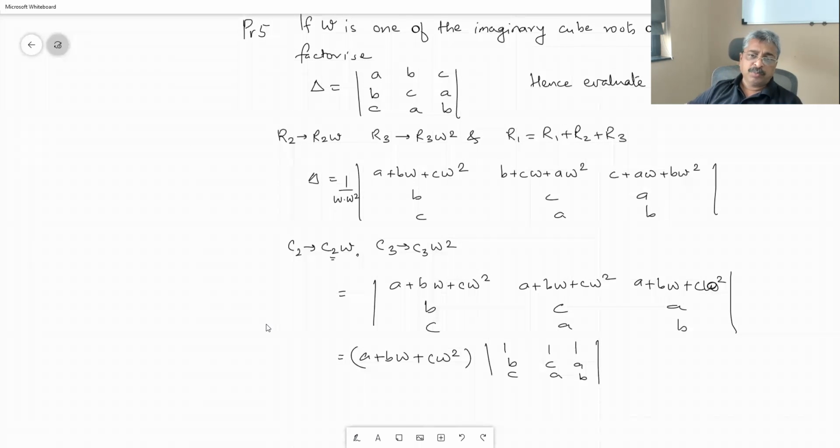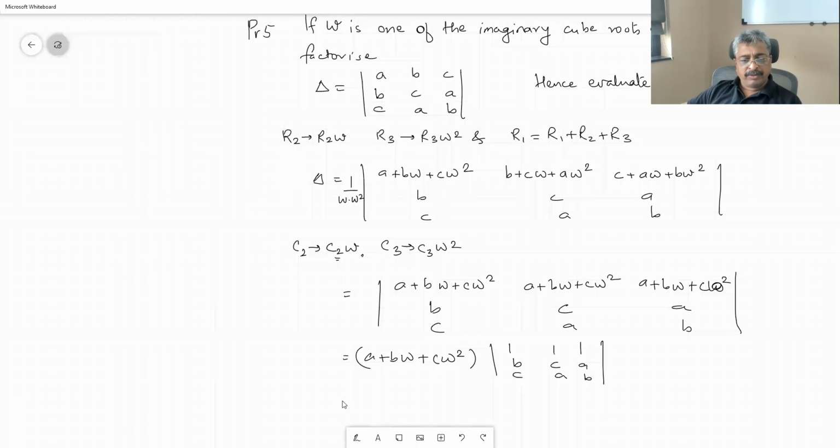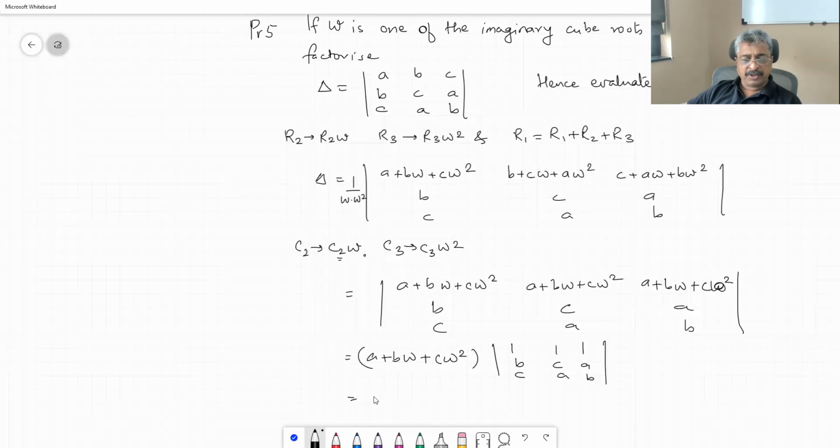Now, before multiplying omega, if you just add the 3 rows, you get A plus B plus C as a factor. If you add 3 rows, you get A plus B plus C as a factor. So there is one more factor. What you can do now from here, if you want to go ahead with this, then you can simplify further. A plus B omega plus C omega square, and you can multiply them directly, or you can make them 0 and then multiply, or